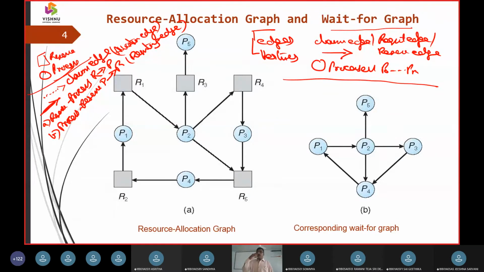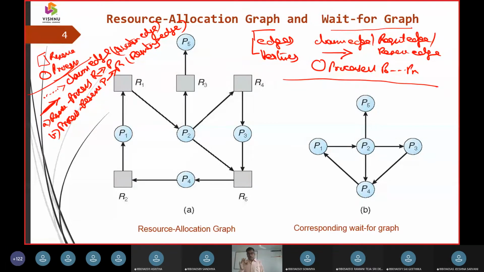Got it? So in deadlocks, we should have the basic two things. One, the representation of a resource allocation will be taken up with a graph. Second concept, while doing this graph, we are going to have edges and vertices. Edges are going to be representing the movement, either a claim edge, a resource edge, or a requesting edge.